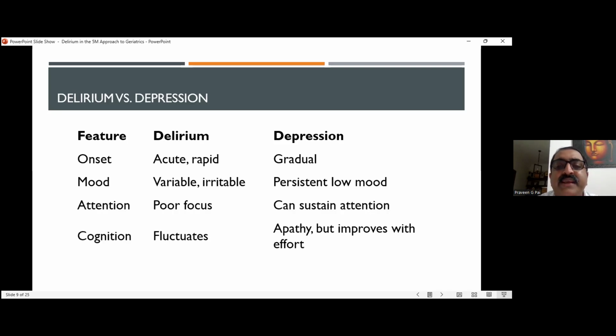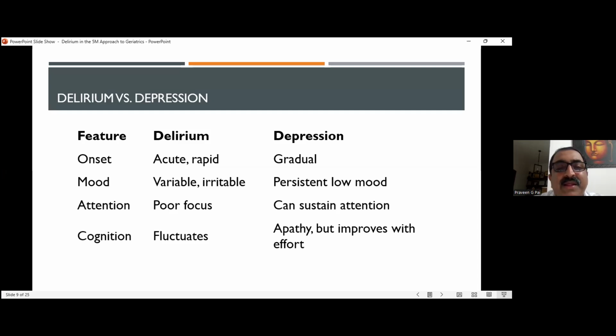And in the 3Ds, the next is depression. Depression also, just like dementia, is gradual. It's gradual, not sudden. There can be grief. We have to differentiate between grief and depression. That I'm sure you'll be having sessions on. If it is depression, it's going to be gradual, and delirium is a rapid onset.